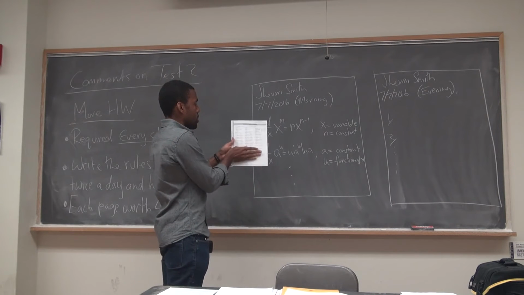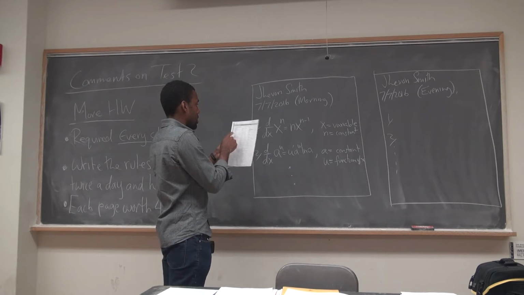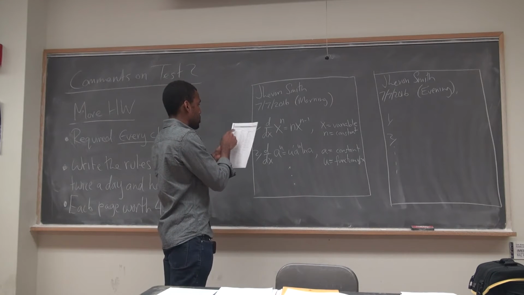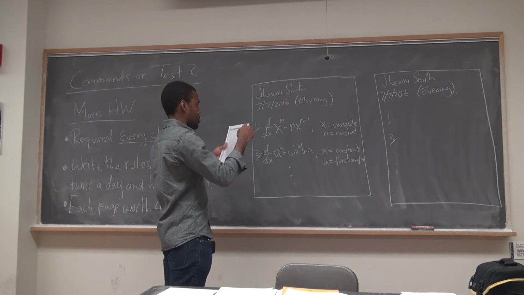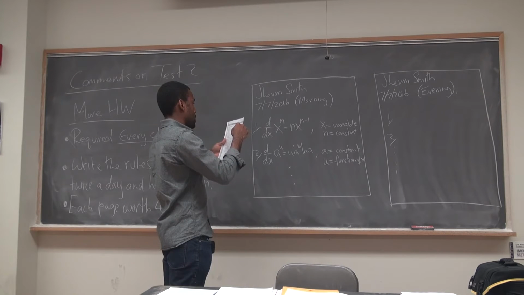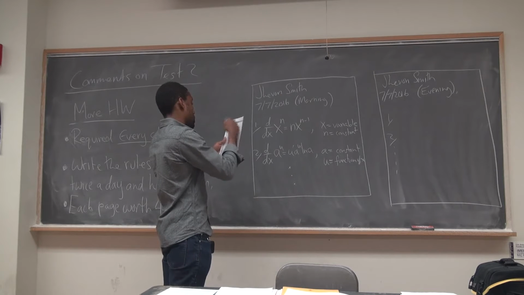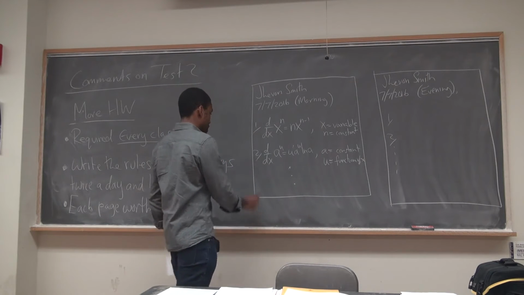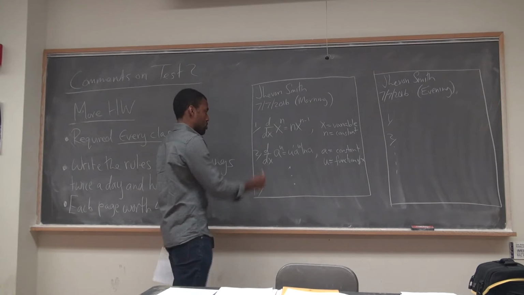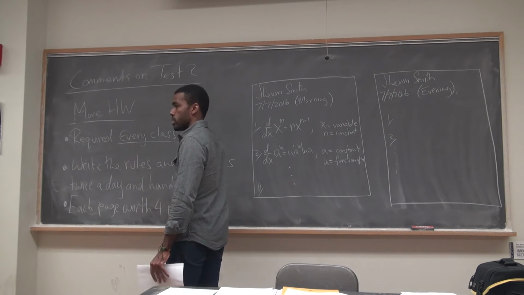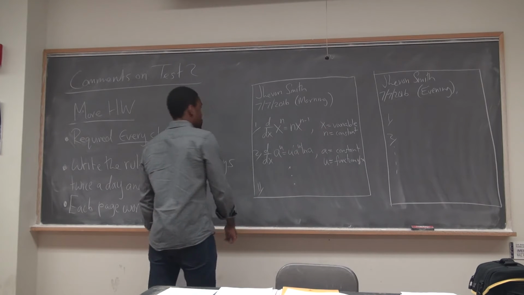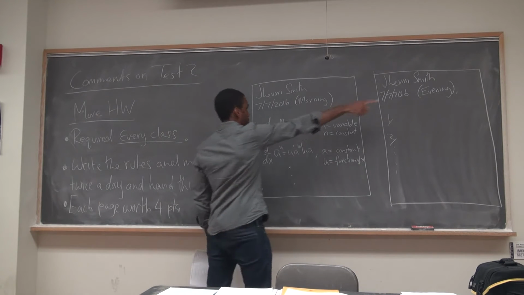But starting with the top part, the derivatives, you have 1, 2, 3, 4, 5, 6, 7, 8, 9, 10, 11. So this replaces that one. So 1, 2, 3, 4, 5, 6, 7, 8, 9, 10, 11. Yeah, around 11 rules. So you should have a list of 11 things. You're going to write down the rule. You're going to write down what the pieces are. Every class you give this to me. 2 sheets. Date, morning and evening.